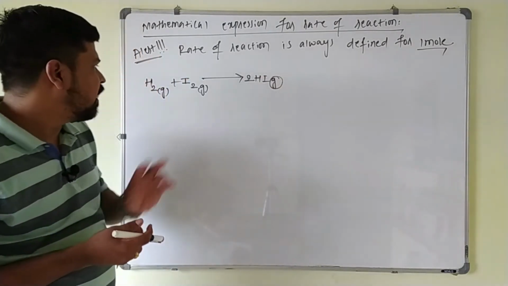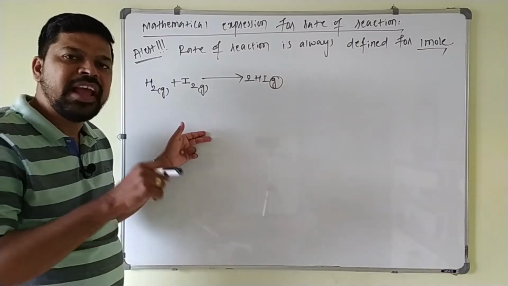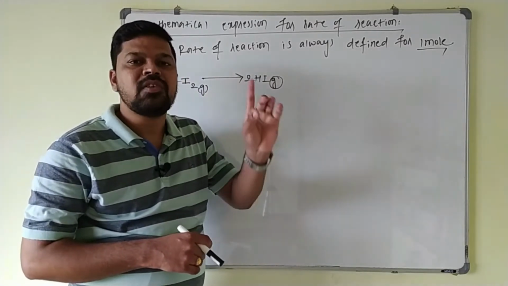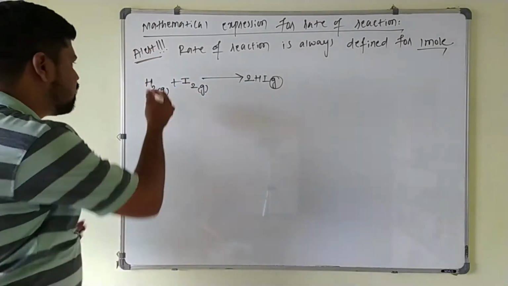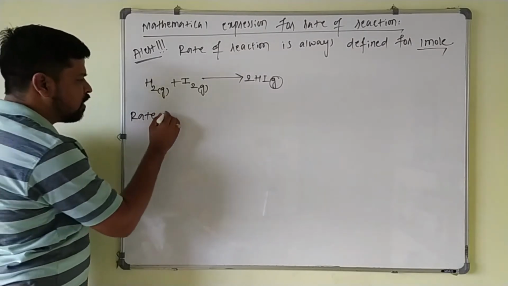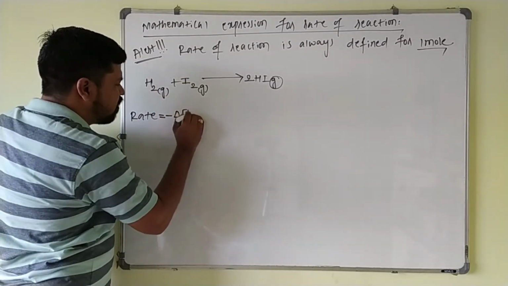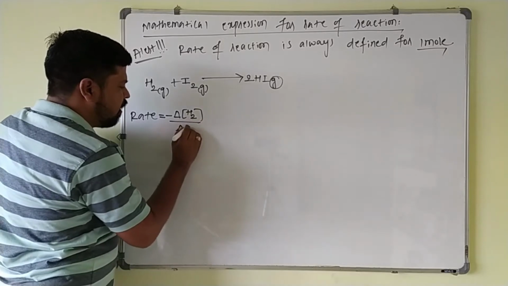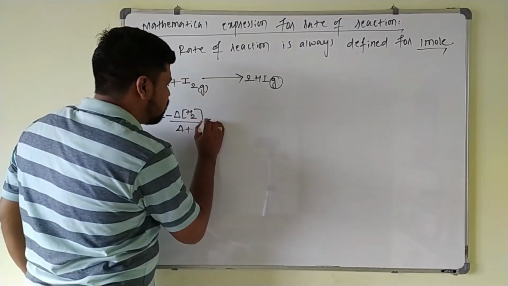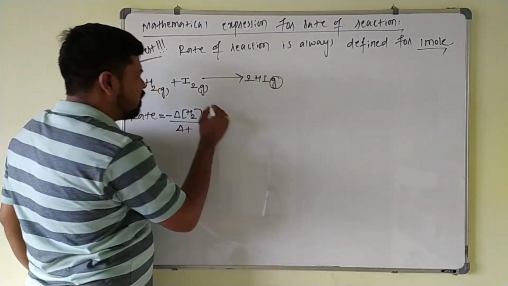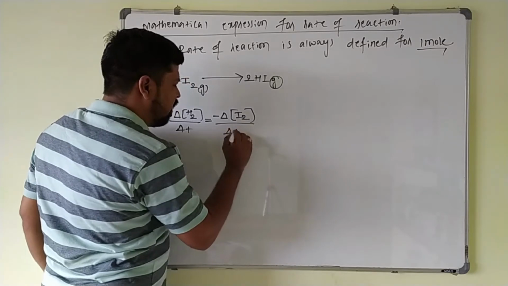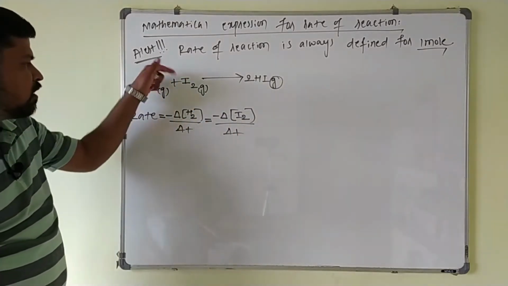Already we know that the decrease in the concentration of the reactant is expressed in terms of what? Negative sign. Increase in the concentration of the product is what? Positive sign. But while writing the rate of the reaction, you have to write for 1 mole only. So this one you can write as rate of the reaction with respect to H2 is decrease, that is, negative change in the concentration of H2 divided by delta T. Negative sign you have to take because it is reactant. 1 mole is there, no problem, directly you can write this is equal to decrease in the concentration of iodine, that is, negative change in concentration of iodine divided by what? Time taken. Negative sign is written for what? Reactant, because its concentration is decreasing.